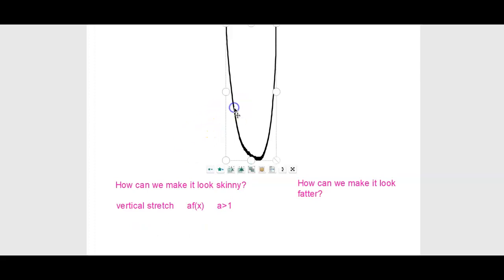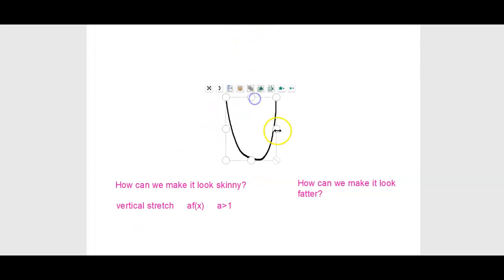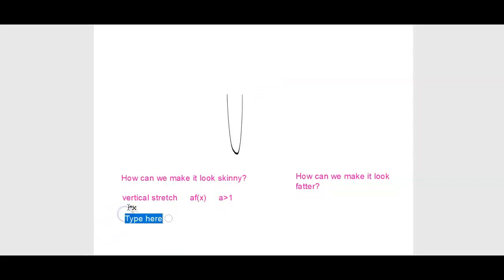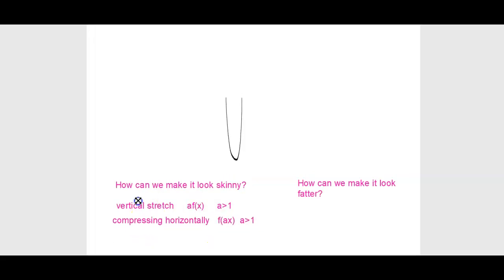Okay? Now, but there's another way that we can make the shape look stretched. Let me show you that. Let me put it back to normal here really quick. So this is what it looked like. Another way you can make it look skinny is, instead of stretching it vertically, you can squish it horizontally. That also makes it look skinny. So vertical stretches or compressions horizontally will also make it look skinnier. Now, a horizontal compression is where you multiply a number inside the brackets where that number is greater than 1. Okay? So there are two ways that you can make a graph look skinnier, by either vertically stretching it or